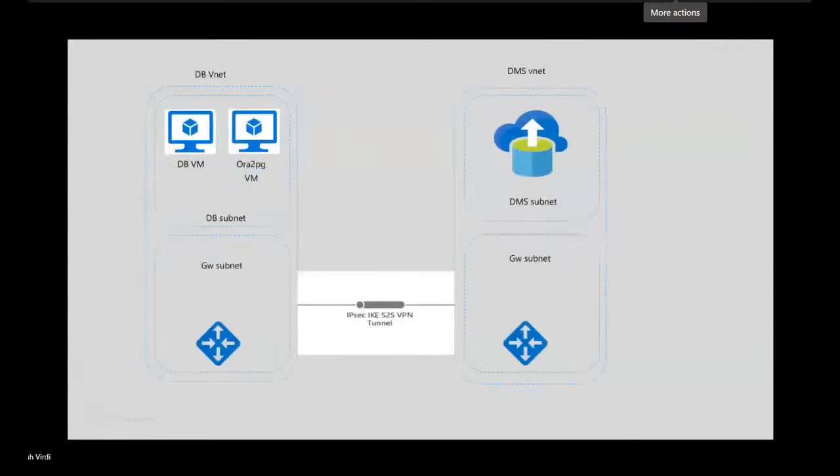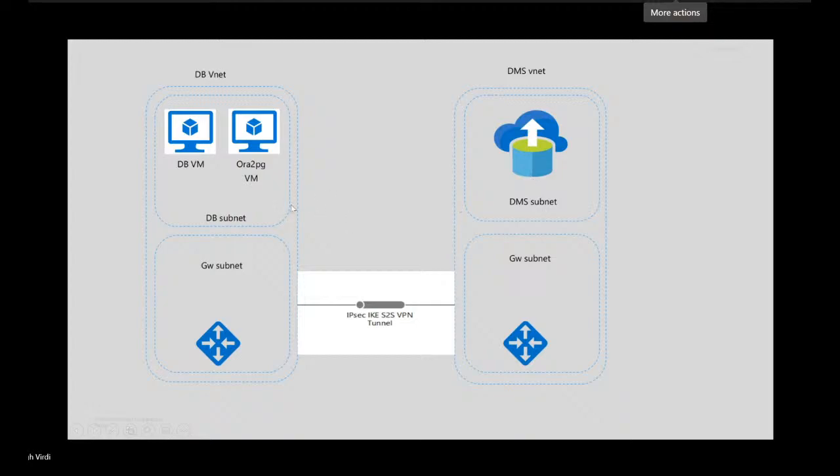So for my DMS demo architecture, what I have done is I have created two VNets in my Azure subscription. One VNet is where my database, the Oracle database, is hosted, and another VNet is where I have the Database Migration Service hosted.